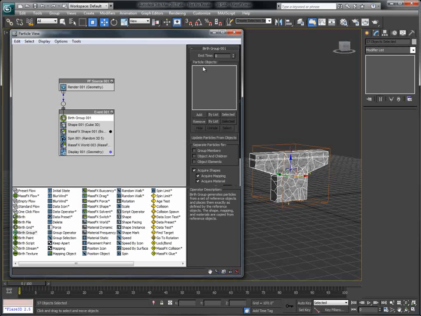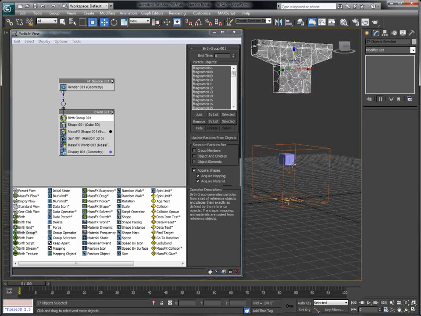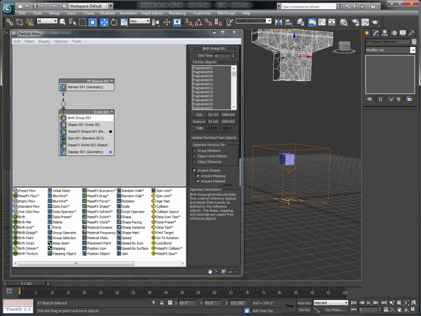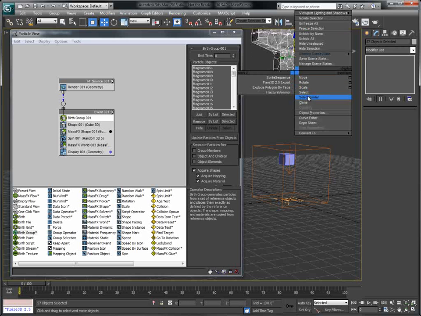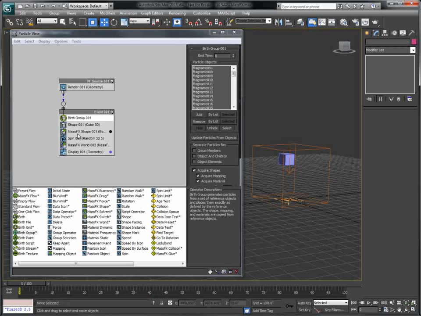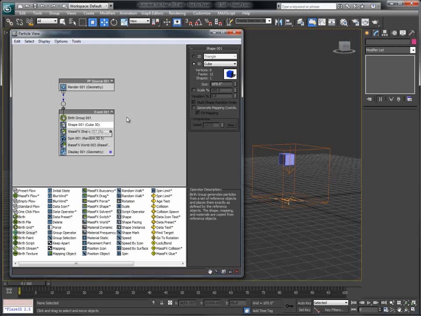What it does, it grabs the objects in the scene where they are in the scene, and it creates a particle setup with it. So right now I'm going to say the particle objects, I'm going to use the selected. So every fragment now has a particle. I'm just going to move this one away, and actually I can just hide it. And hide selection, and you'll see that now my birth group is using this for creation, but now it's using